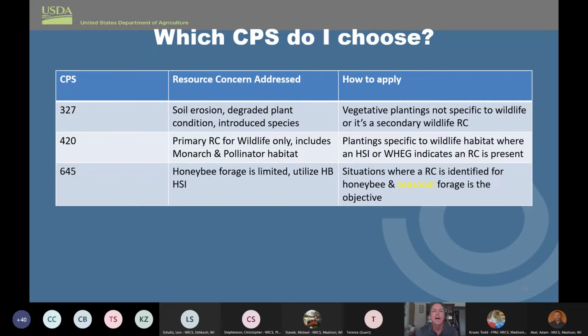So 420, we've got that primary resource concern. Either a specific species is addressed, or we're trying to obtain a certain cover for wildlife. And we're always going to default to this 420 for monarch and pollinator plantings when they're native. So I guess that can kind of be the poster child for this standard. And then how do we apply it? We apply it by utilizing a habitat suitability index or wildlife evaluation guide to determine that a resource concern is